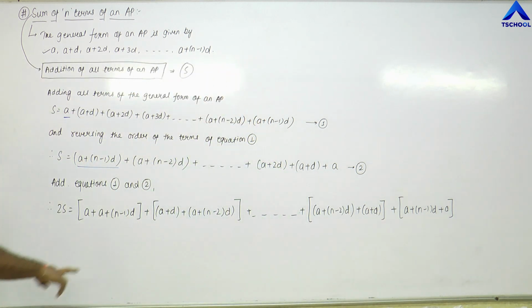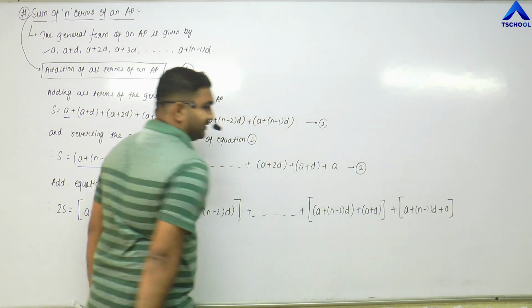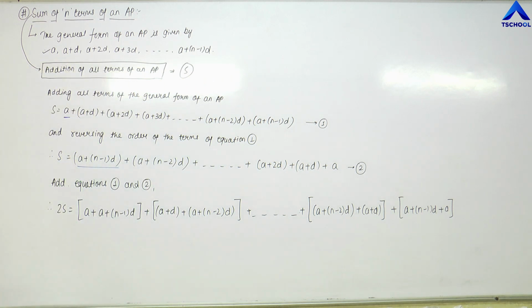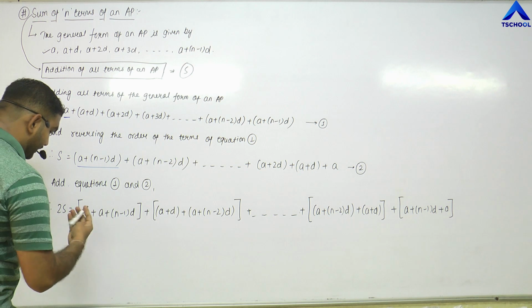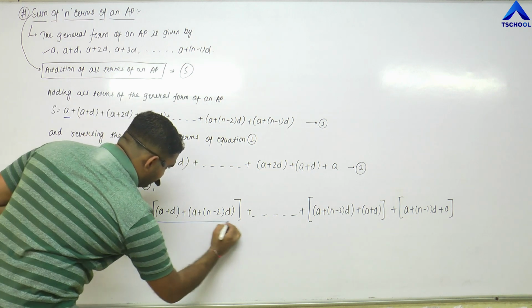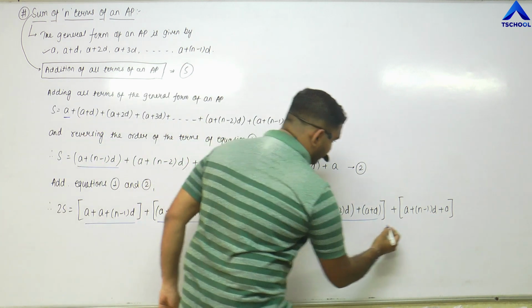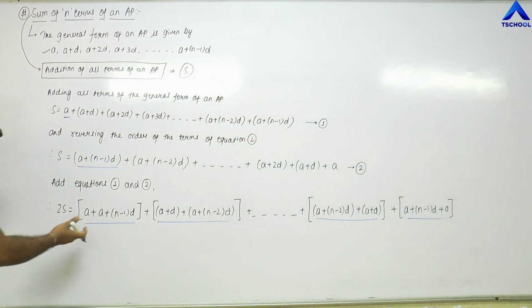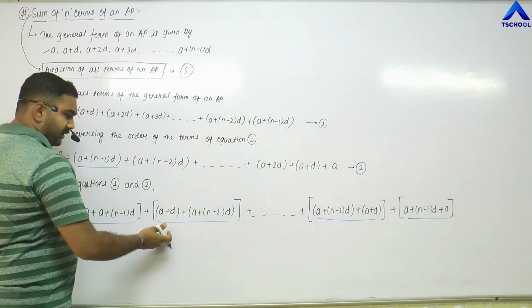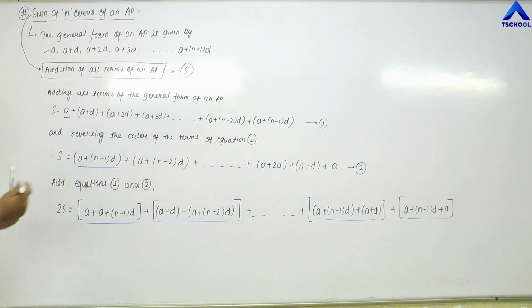You can see that the first term and last term are exactly same. Second term and second last term will also be same. In the same way, all the terms, all these square brackets, all the underlined terms of this summation will be same in the reverse way. So in the reverse way, that means the first and last term is same, second and second last term is same, third and third last term is also same, and so on. So let us simplify this.